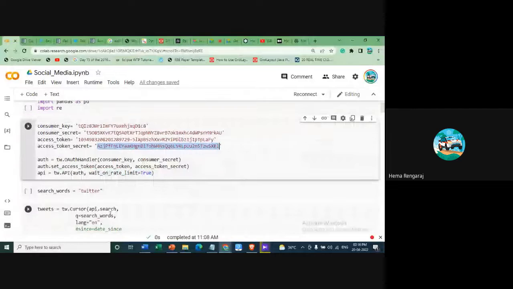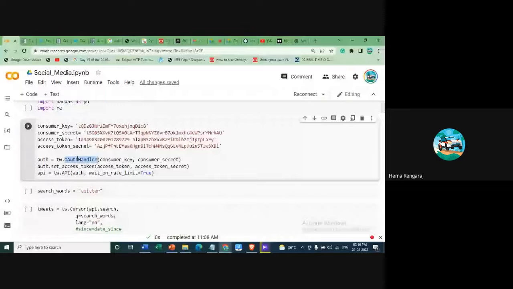And then we need an authentication protocol, OAuth, which is an authentication protocol that allows you to approve one application interacting with another application. That is, my application is going to interact with the Twitter application without giving away your password. We are not going to give away any password. They are just going to approve us to link our application with the Twitter application. And then for that you need an OAuth handler instance.